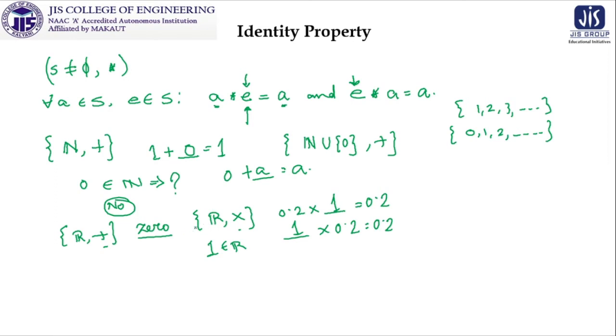So in the context of the set of natural numbers with multiplication, please think about what will be the case for the identity property. And for other sets, you can construct and think about it too. So we are getting here the elements where the identity property exists, and some structures where the identity property does not exist. Where it exists, it is termed as a monoid.